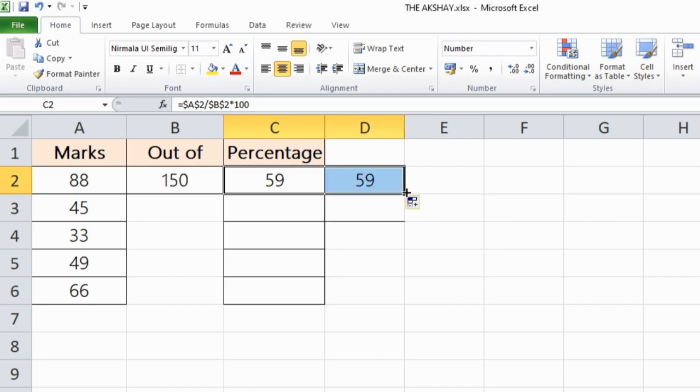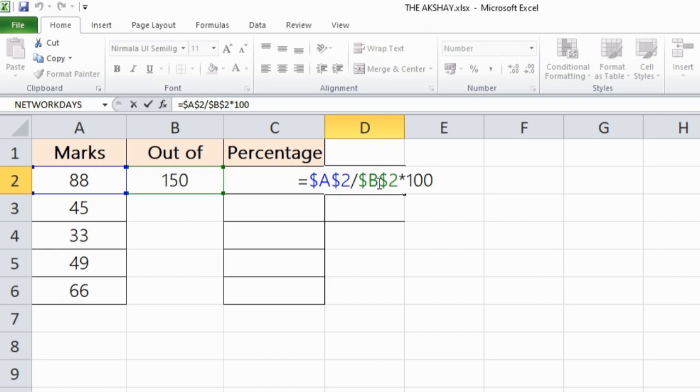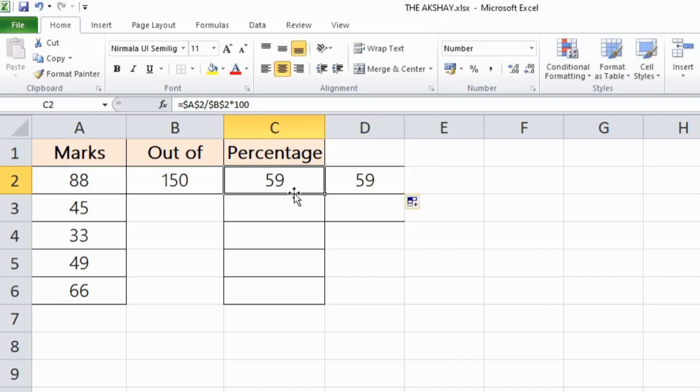Now let's drag it here, and as you can see now it is showing 59 only, the same value as this cell, because the formula is the same as this cell. So that means absolute reference does not change, it remains constant. Now if I drag this below, you can see that it is still the same formula.